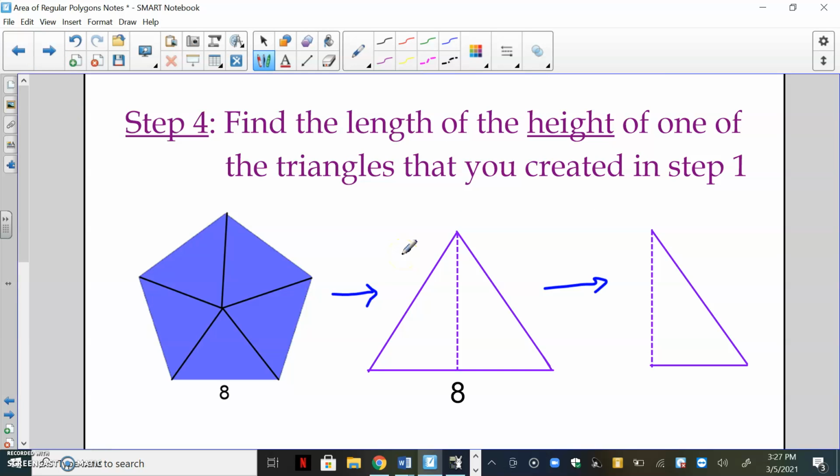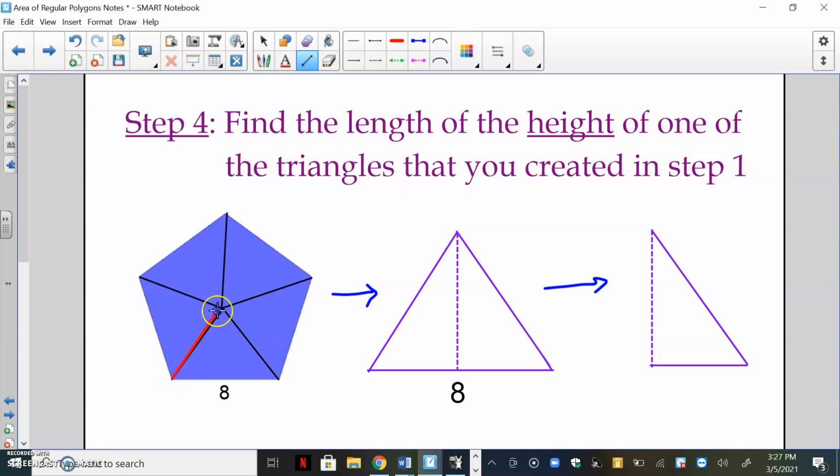Step 4. Here, we are going to need to find the height of a triangle. Now, the reason we're finding the base and height of this triangle is because the area of a triangle involves the base and height. We're just finding information that we need in order to find the area of a triangle. So, the way this is going to work is I will again focus on that same triangle